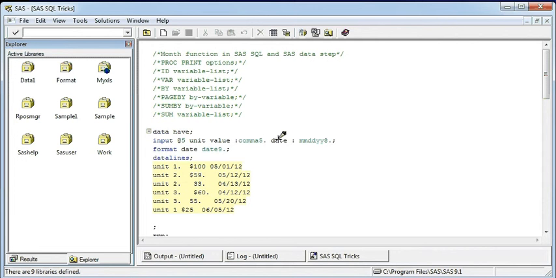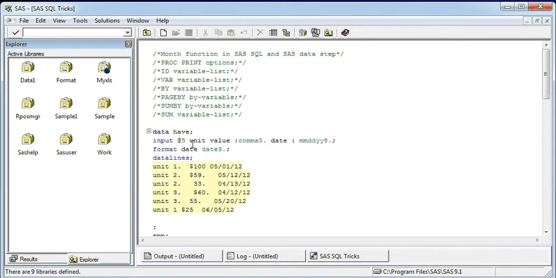So in today's video and example, I will show you how to display and create month-wise segregation. For that I'm going to use this data, which is a sample data set, and I'm going to display it by SQL and proc print. In proc print we can display it by some variables, and you can use all these: id, pair, by, page. But first I will create this data set.